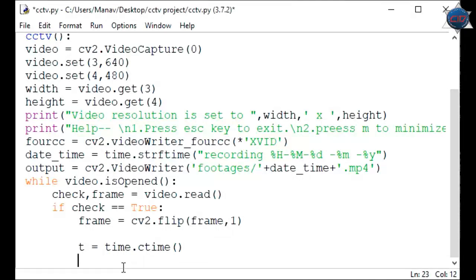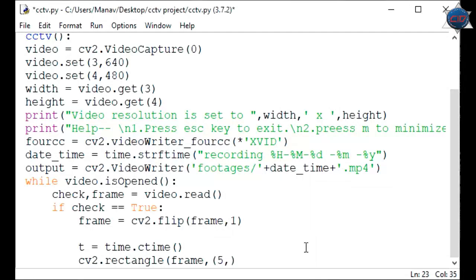So let me call cv2.rectangle, and under this I am going to pass first the frame, on which I am going to create the rectangle, and then I will have to pass the tuple of 4 coordinates.